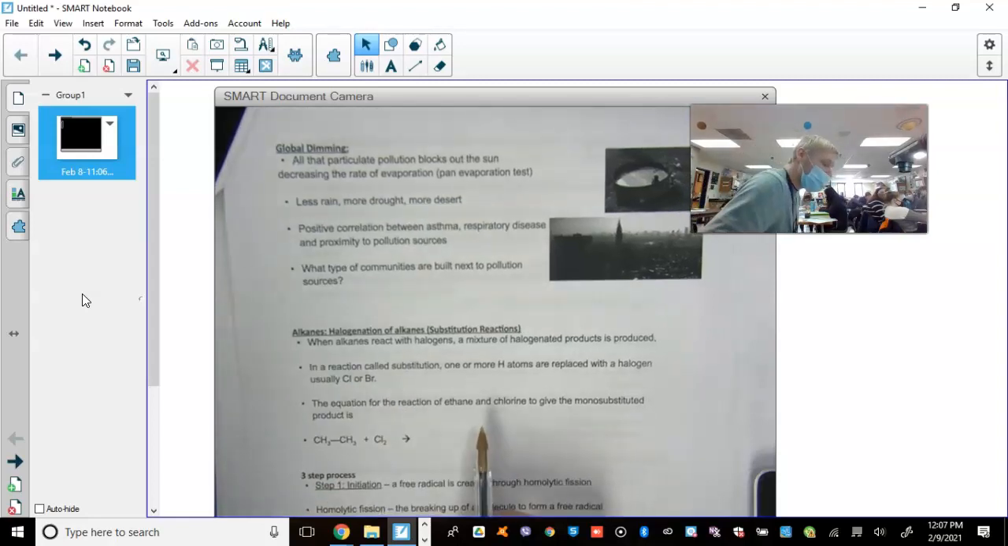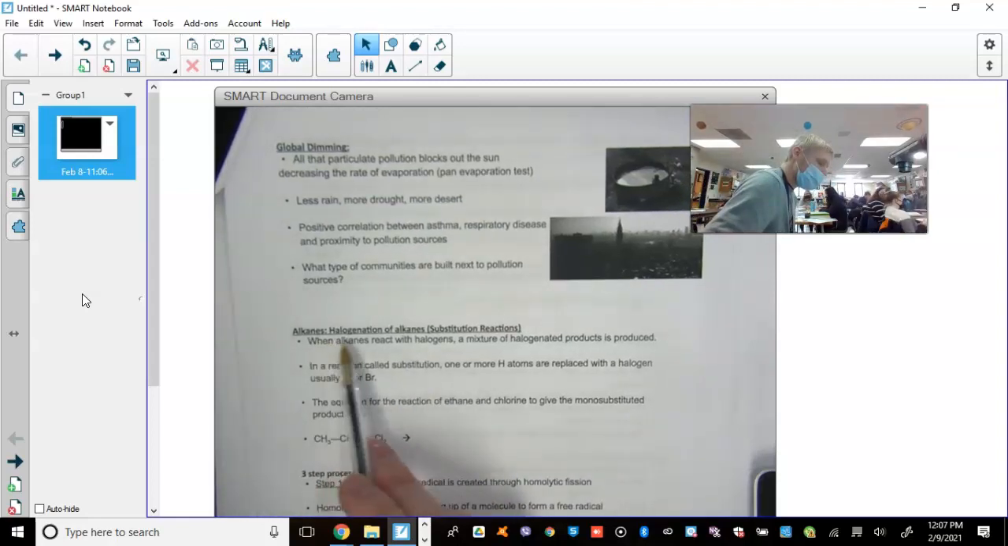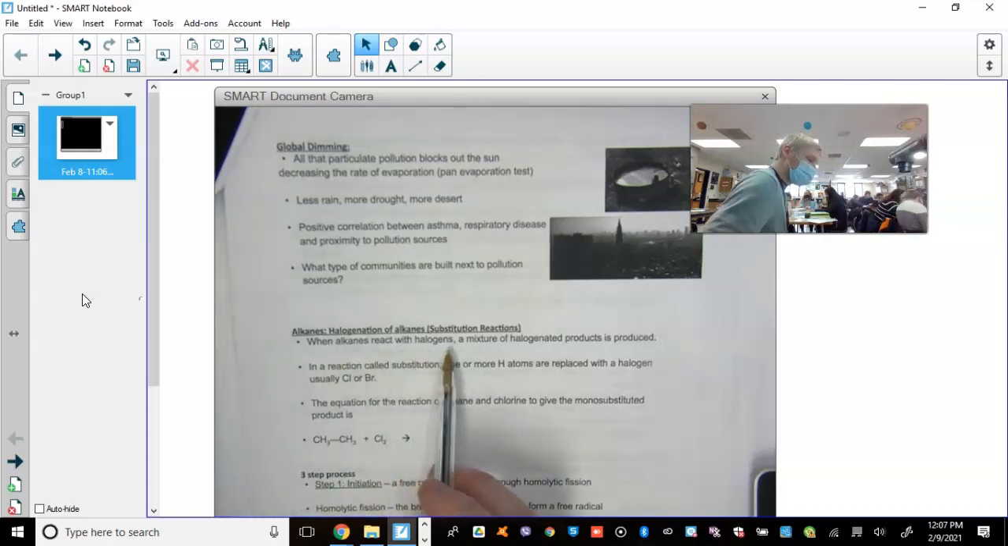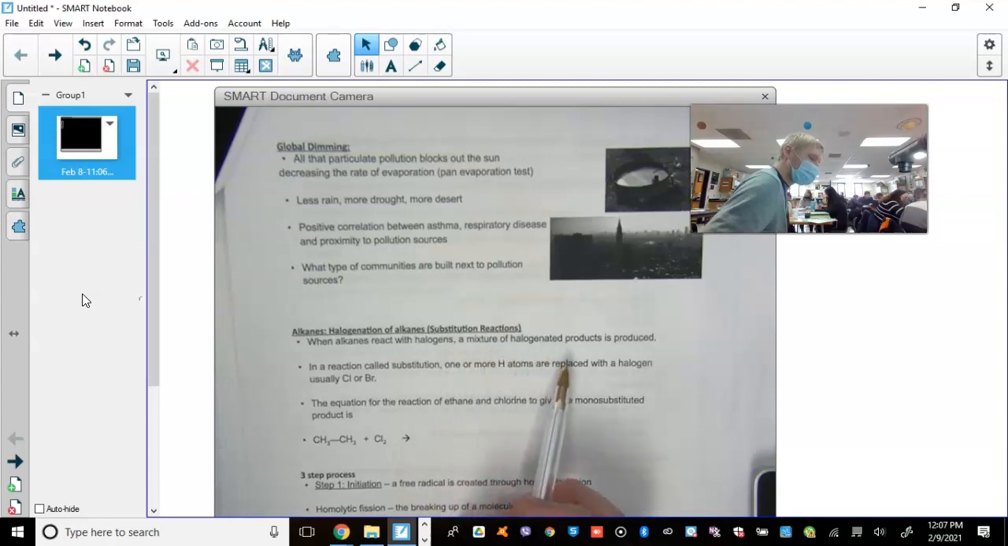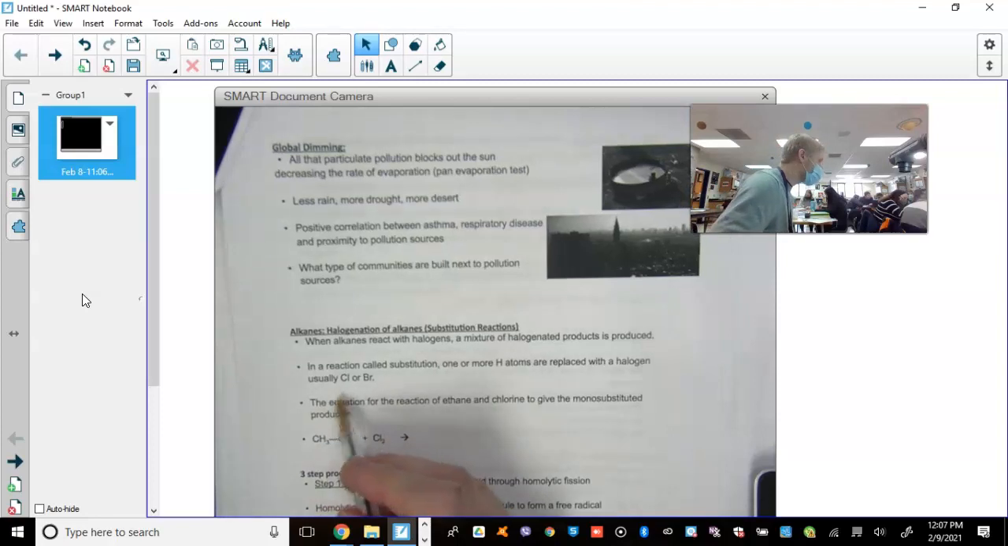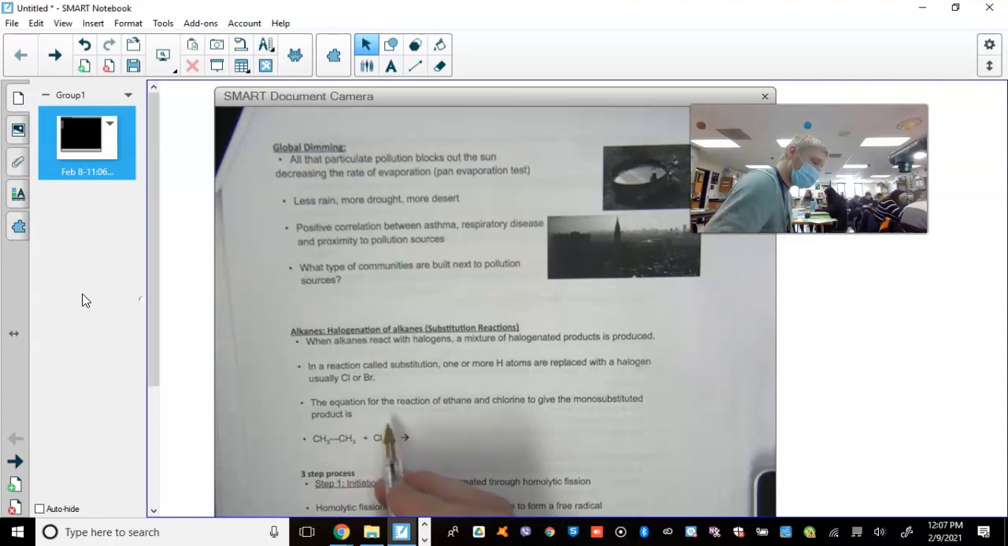All right. So some more chemistry. Look at this. Alkanes. We got halogenation of alkanes via substitution reactions. So when alkanes react with halogens, a mixture of halogenated products is produced. In the reaction called substitution, one or more H atoms are replaced with a halogen, usually chlorine or bromine. So here we got an example. The equation for the reaction of ethane and chlorine to give the monosubstituted product is,